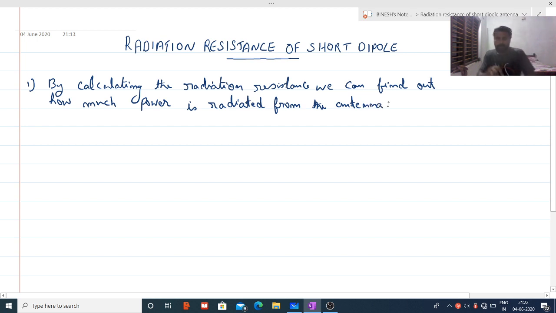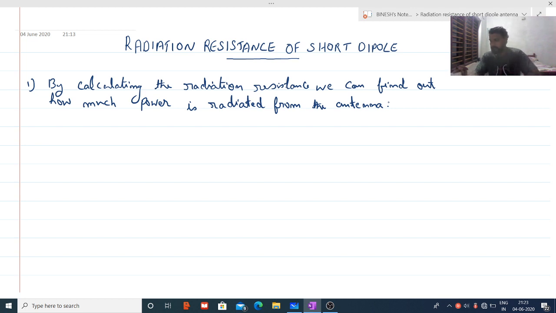If 100% power is being input to the antenna, we will normally indicate that there will be a 10% loss, or 10% of the power will be reflected back to the source. But only 90% of the power will be radiated by the antenna. That 10% will be reflected back. So that is the normal consideration in antenna terminology. Not all the power will be radiated; there will be some losses. So about 90% of the power will be radiated to free space, and the 10% will be given back to the source itself.